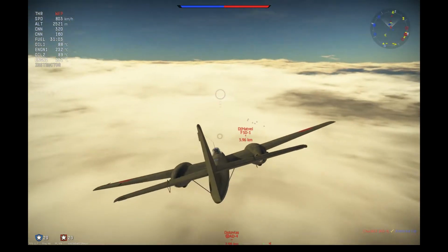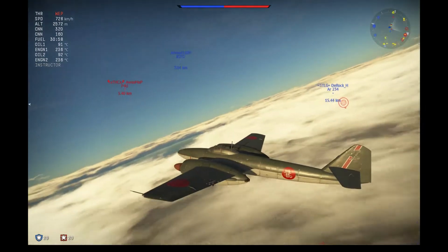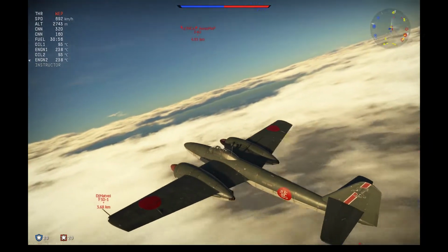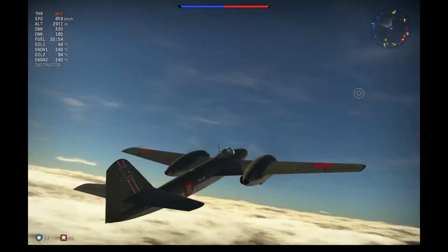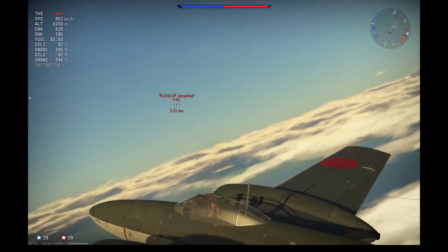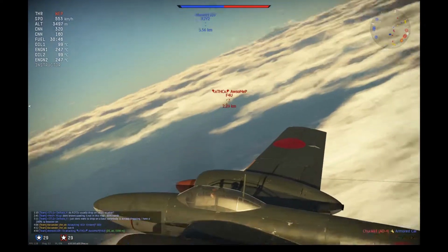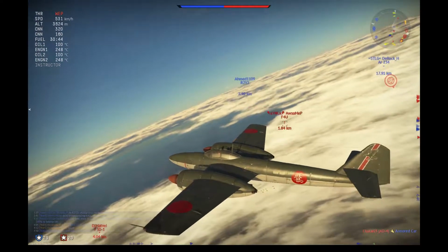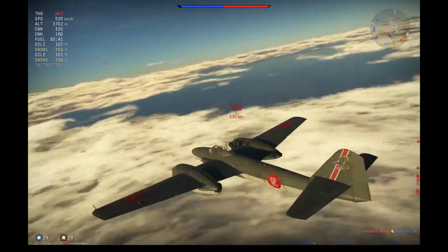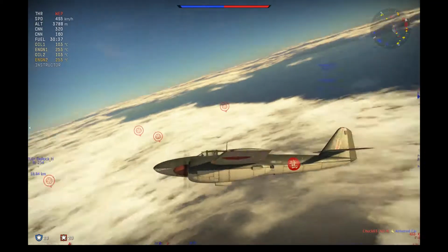As you can see, very fast plane with a very high rip speed. I was getting over 800 kilometers an hour there without redlining. But once the La dives into the clouds, I decided not to engage. I'm a bit worried about this F4U, who's being chased down by an R2Y, which, yeah, doesn't engage me. And so I roll over and look at that